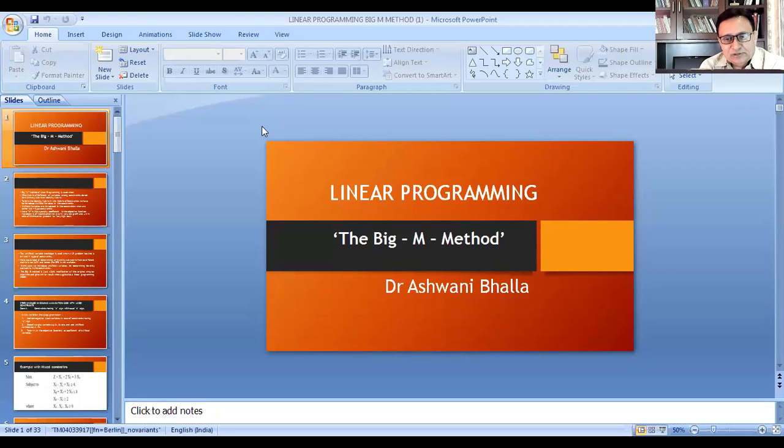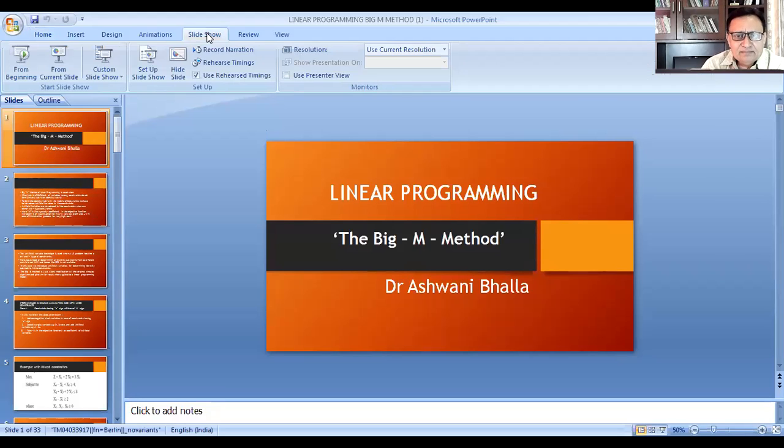So in that case, you have to use either the Big M method or its modified format, the two-phase simplex method. Basically, both the methods are the same. The only difference is that we use the concept of M or -1 or +1 in case of the two-phase simplex method. So now we'll be focusing on the Big M method.